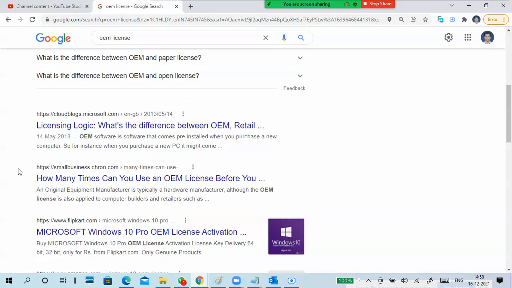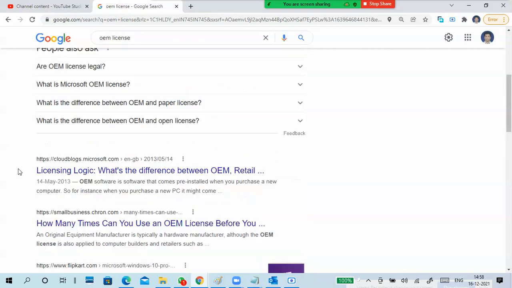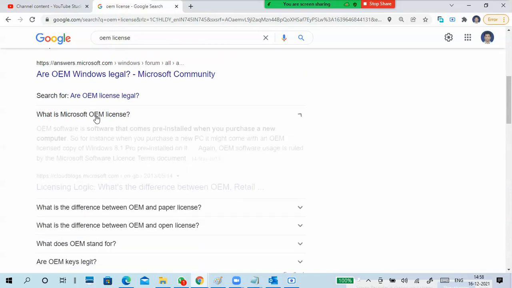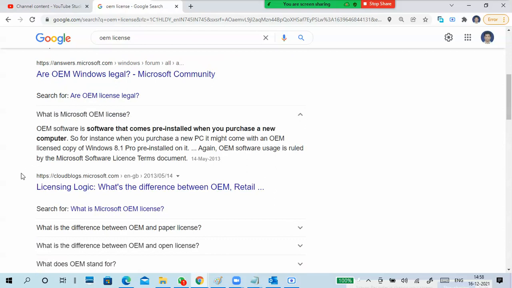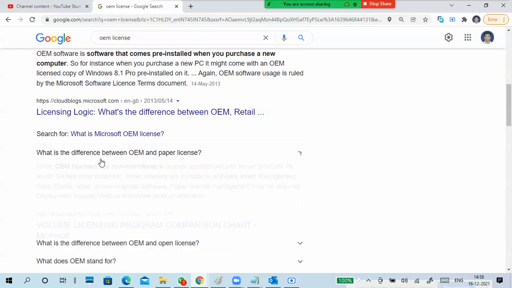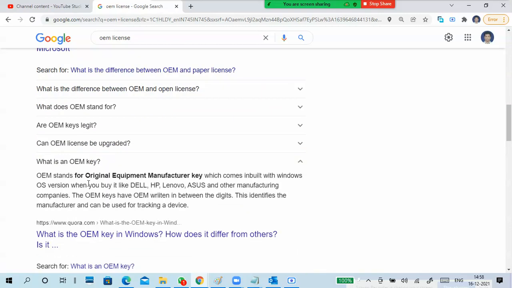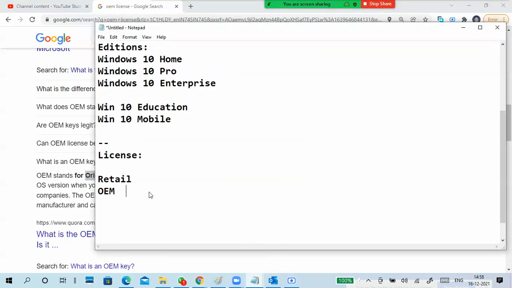I'm searching for a definition to show you. What is an OEM key? Original equipment manufacturer key.